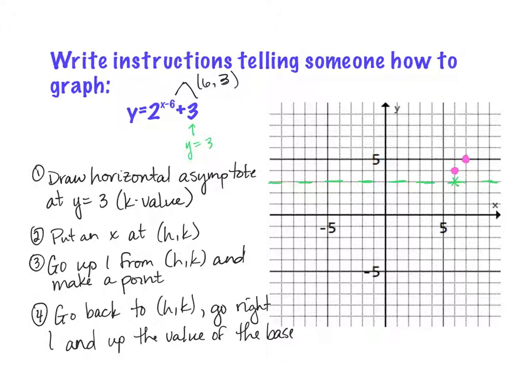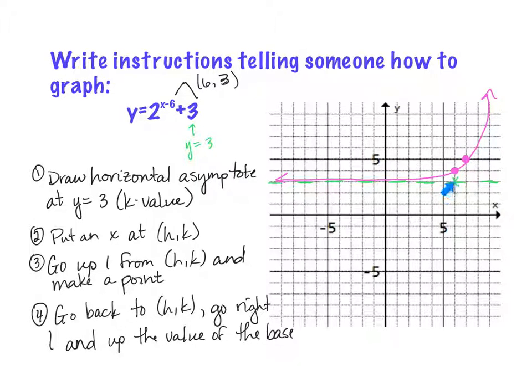And then the last step is to draw the graph. So I start low, going in from the left, and I'm going to go up. I want to point out the 3 distinct pieces of this that you have to have on the test: the asymptote, the horizontal asymptote for the exponential, the 1 point above HK, and the 1 point to the right